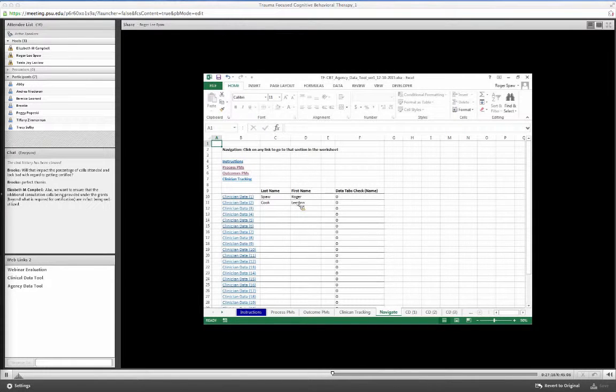So the next big and very important step of managing the agency data tool is bringing in the data from the clinician's tool into the agency tool. So we're gonna proceed with demonstrating that now. And so this first link you'll notice is Clinician Data 1. The rest of the tabs in this spreadsheet, CD1 through CD25, are where you would import the clinician data from